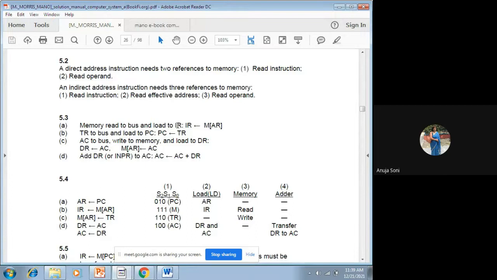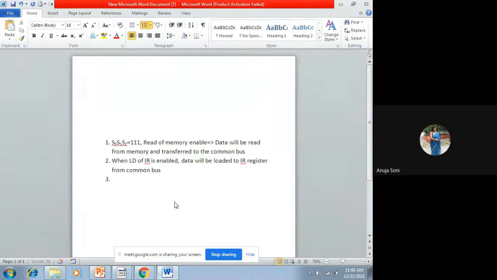Achha, now we have to write down the data transfer, the register transfer statement. I have explained in terms of micro operations. I have not written the data transfer. This data transfer statement will take place: M of AR to IR. Actually, it will conclude. So if we would like to summarize in the form of a single statement, what will actually happen? The data from the AR location in memory will be read, and it will be transferred to the IR register.